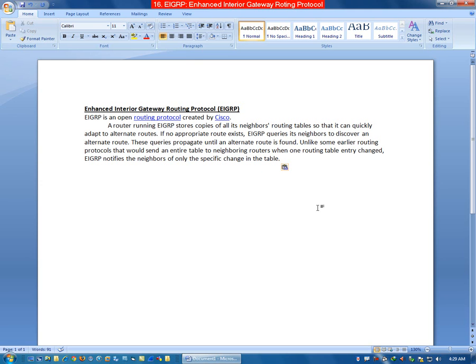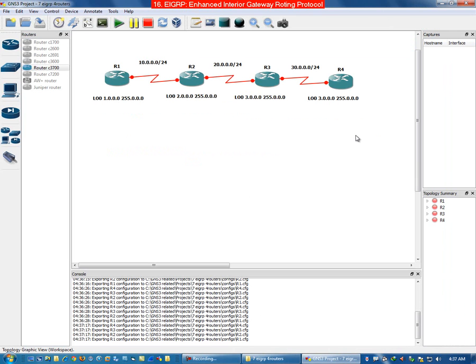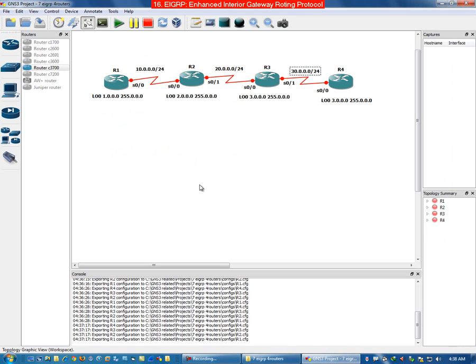in practice. For this test lab, this will be my network topology. This is router 1, router 2, router 3, router 4. All these are connected using serial links. These routers contain loopback IP addresses. This will be 1.0.0.0, this will be 2.0.0.0, this will be 3.0.0.0, this will be 4.0.0.0,